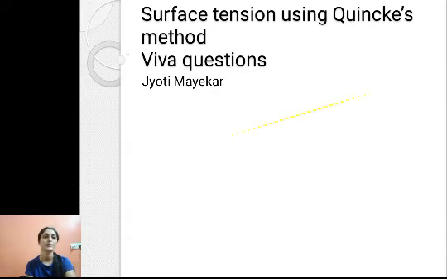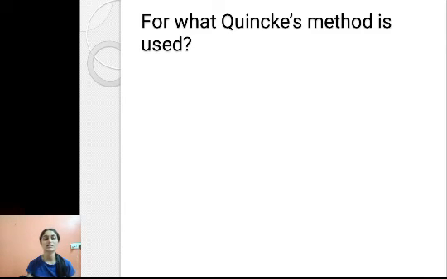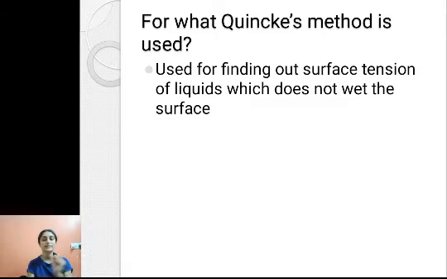Today we are going to talk about Viva questions related to the experiment on surface tension using Quincke's method. So the first question which can be asked is, for what purpose is Quincke's method generally used? This method is used for finding out the surface tension of liquids,